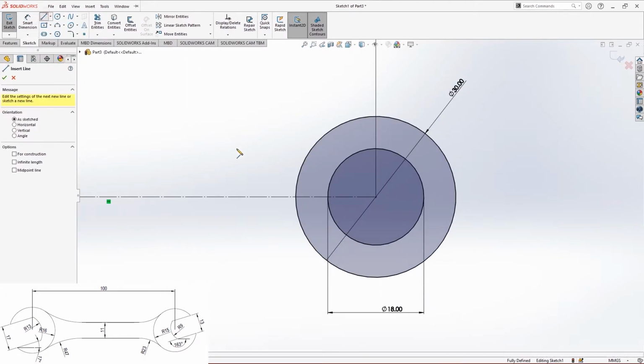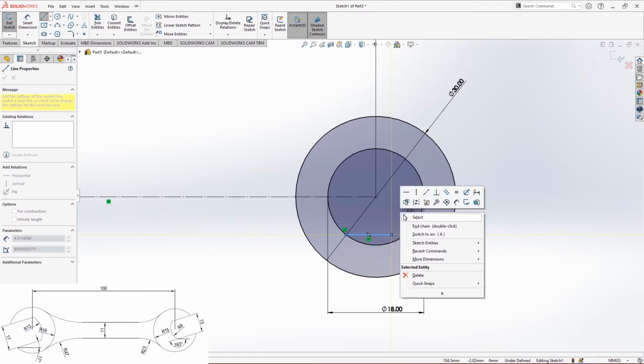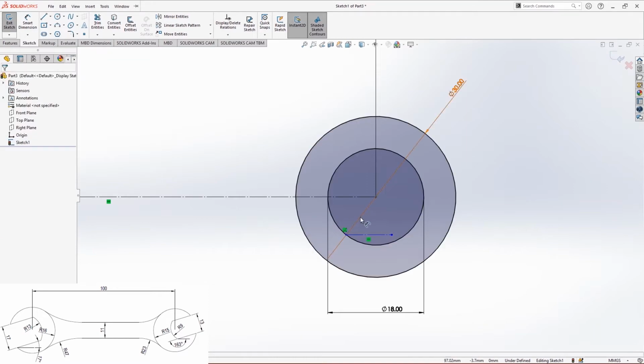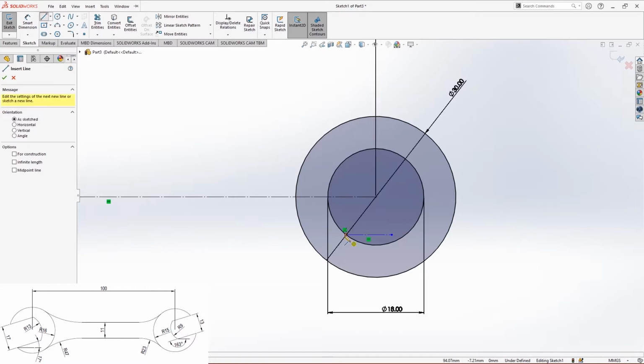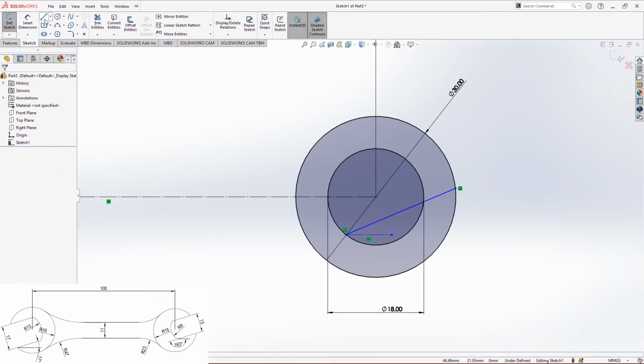The first will be to draw a reference line right down here. So the reference line will start somewhere around here. Make it construction. As soon as you come here, you just do it. It is construction line right now, and then you draw the lines which go through it. It goes to the outer one. Okay, then you do another line which is